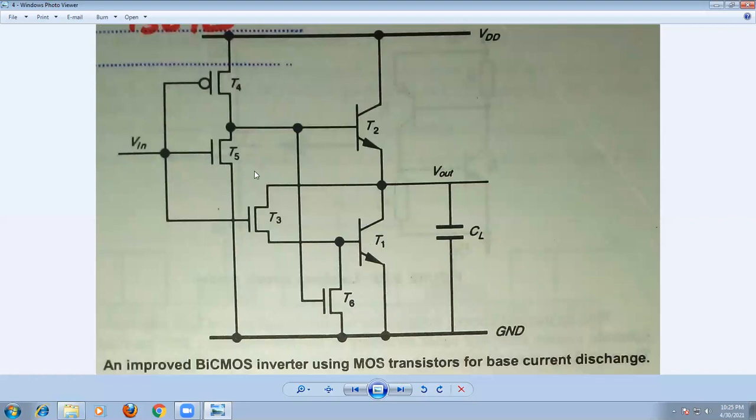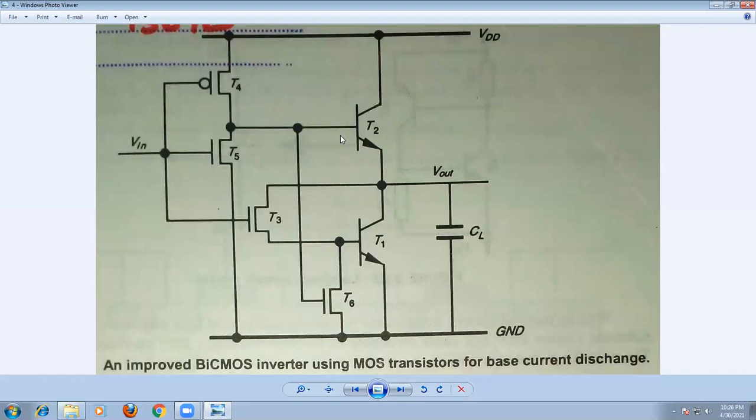Now just observe here, T6 is on, 1 state. T5 and T3 are on, giving sufficient current to T1. In the 1 state this transistor is off, so it is not able to supply sufficient base current, base drive, to this transistor T2. So the transistor T2 is off. Now, when T2 is off, this transistor is also off and is not able to apply the gate voltage. So when this transistor is off, what happened? This transistor is on because the input is in the high state.